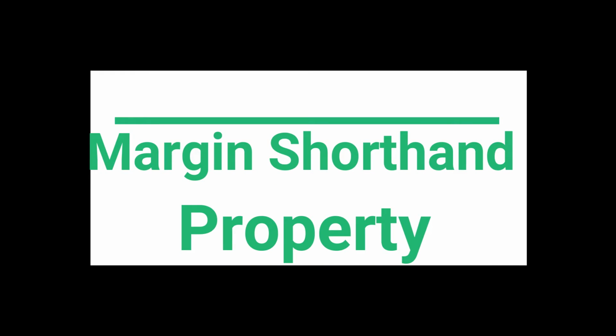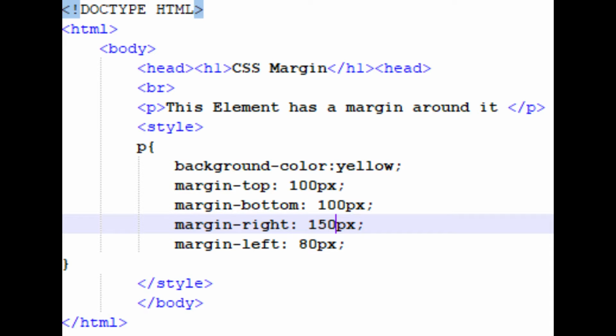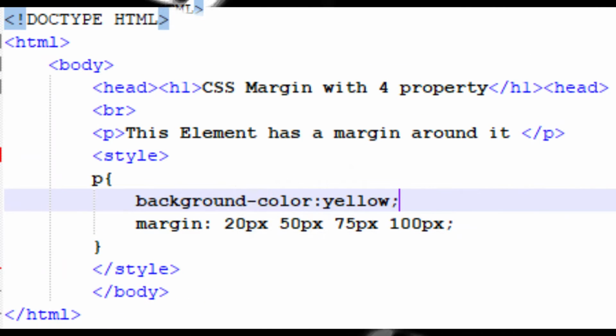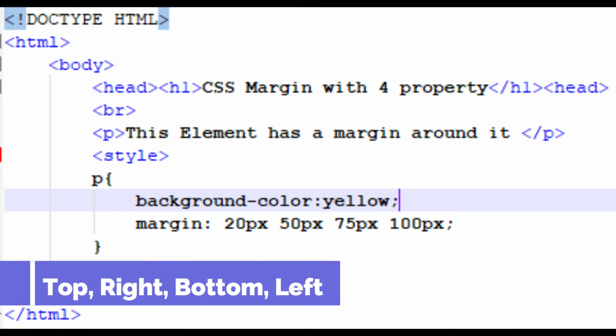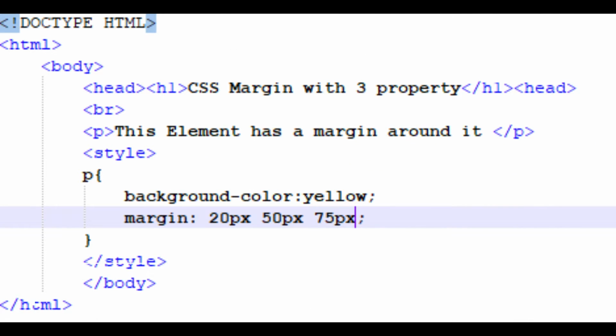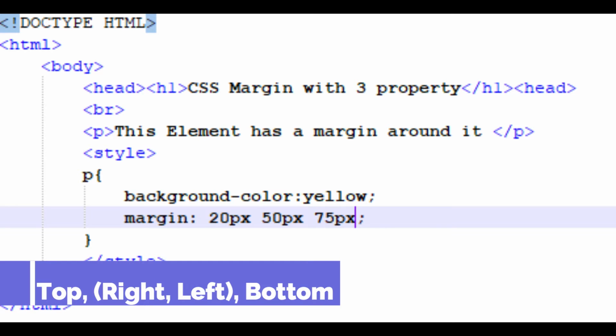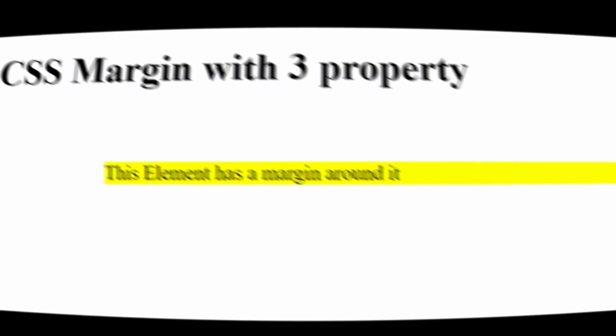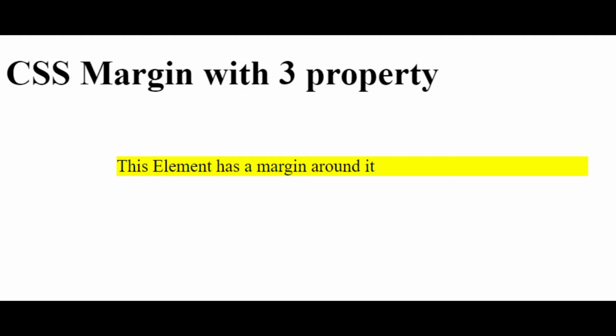Now let's take a look at the margin shorthand property. Usually we would write the margin properties like this, but for convenience we can write it in one single line, where we can specify all four values in the sequence top, right, bottom, and left. We can also write the values in three values, where we can specify the top, then the right and left in one value, and then bottom,